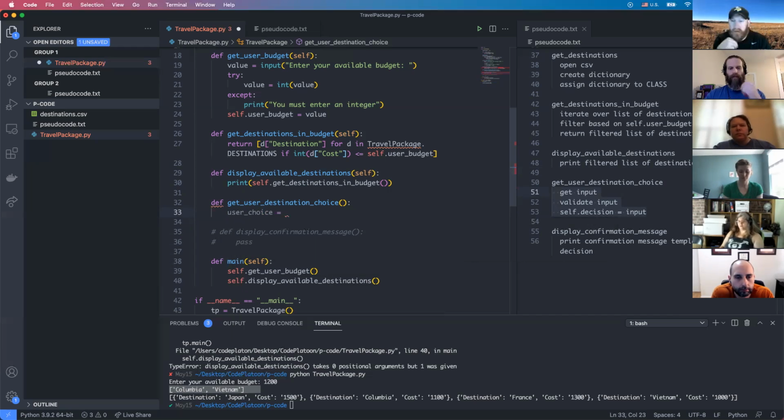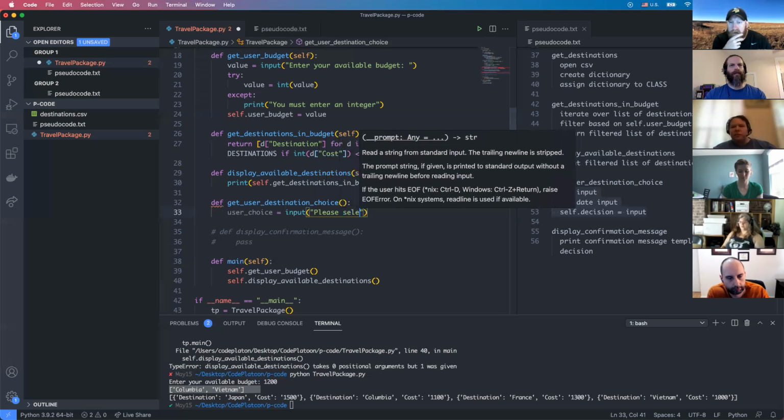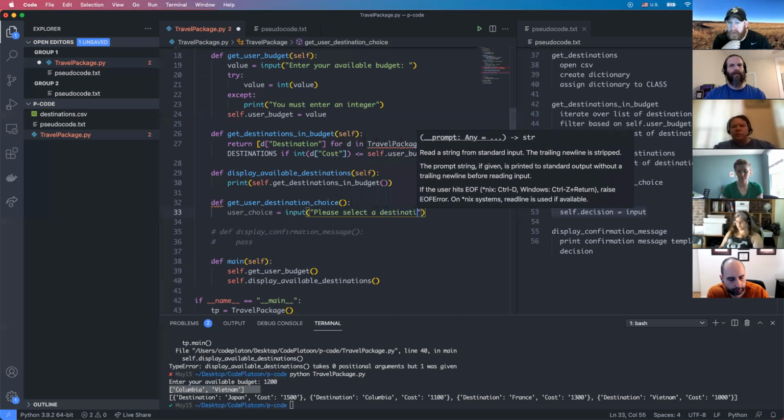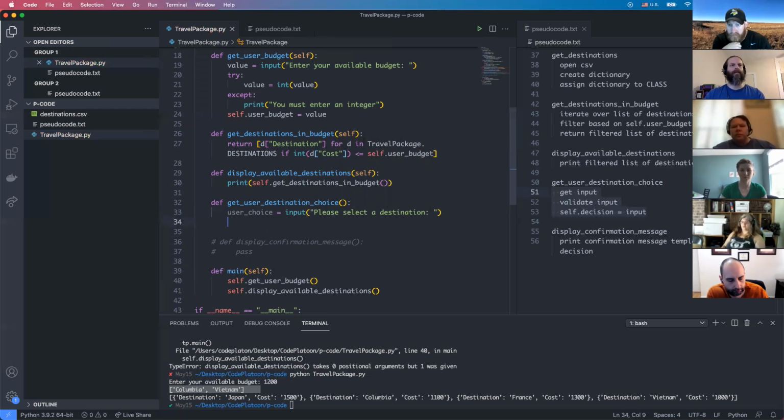Yeah, and it'll be input. Please select a destination. Okay, and then we just need to compare that to the return value of, I guess we do need self.get